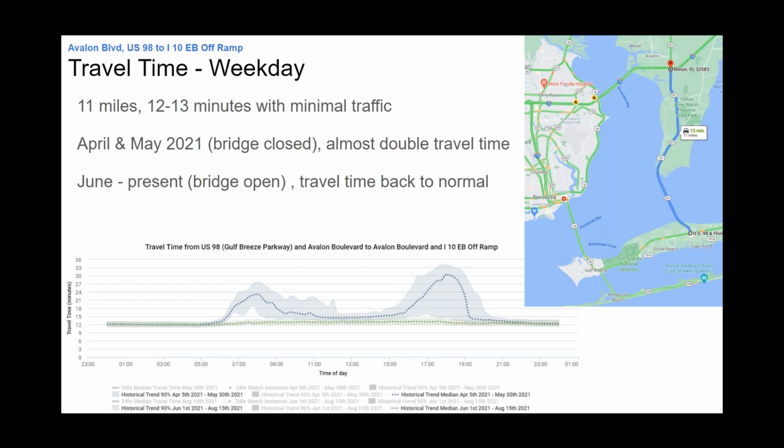So normal time, again, is about 12 to 13 minutes, which is indicated by the green average on the chart. And then when the bridge was closed, the blue line spiked. We were seeing up to about 27, 30 minute round trips around that detour, which is a significant impact on travel time. But when you don't have many other options and the bridge is closed, it kind of is what it is. But then you can start measuring the impacts and how people are feeling about that, and maybe potentially come up with other solutions to how it could be managed.